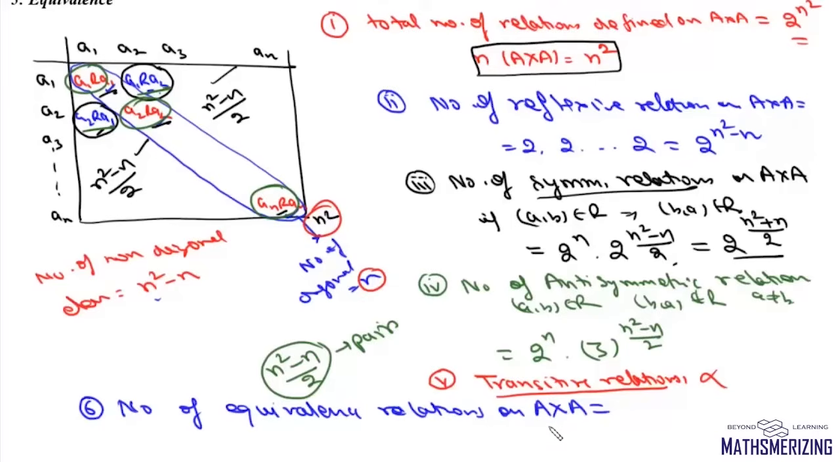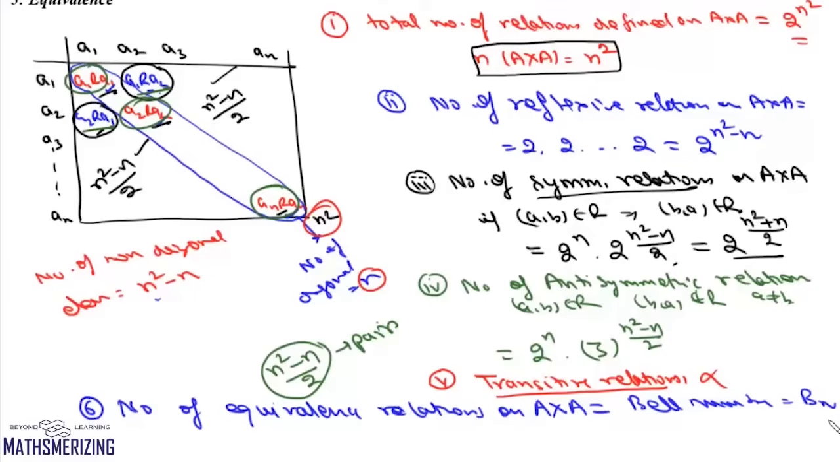Now this number of partitions is given by the Bell number, and we denote it by Bn. So the total number of equivalence relations on A cross A will be equal to Bn. Now here B0 is 1, B1 is 1, B2 is 2,